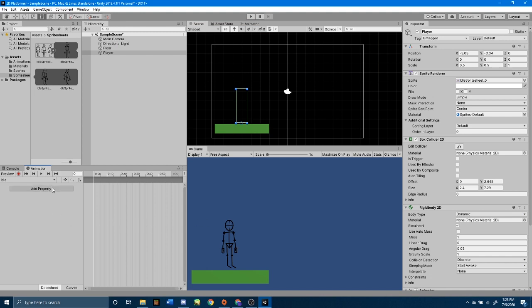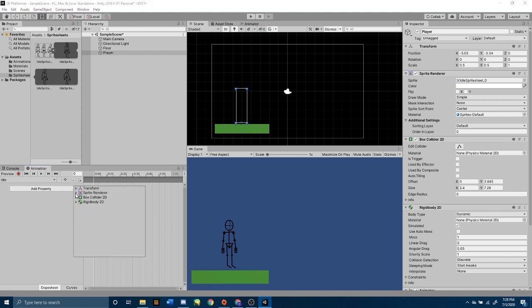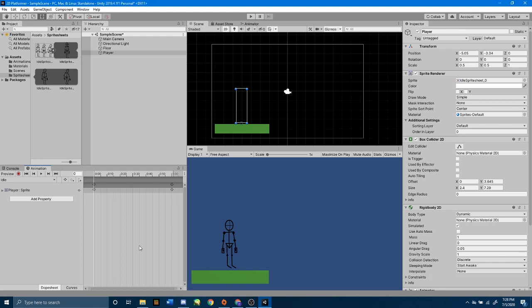Now go to Add Property, Sprite Renderer, and then go all the way down to the Sprite property and press the plus button. Now go over to this last frame, select it, and press delete. Then that'll bring up this menu, and you want to press the delete key. Now, let's press the record button